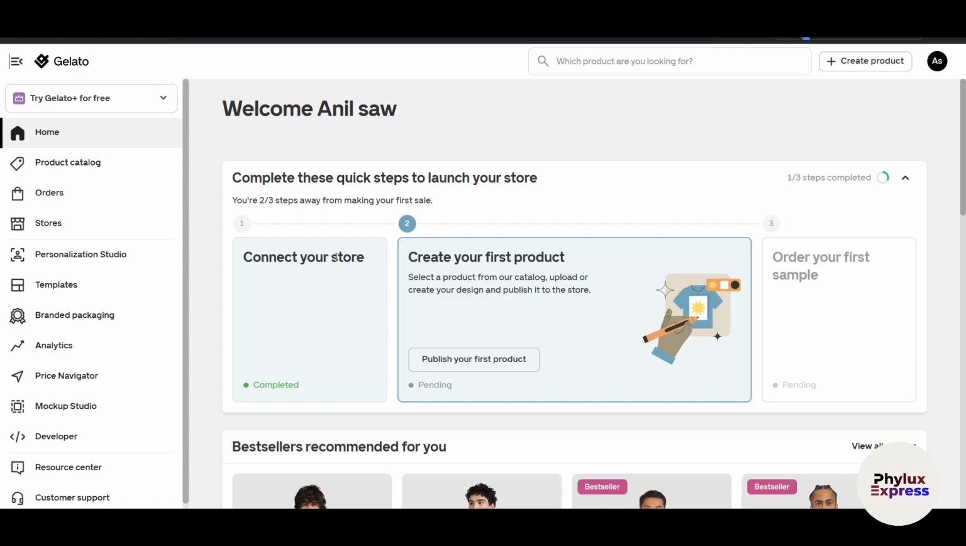So we have already connected our store because we have installed Gelato from the Shopify app store here. So automatically it shows connected. If you logged into Gelato, then you have to connect your store. You simply have to enter your Shopify URL here and it will get connected. Now click on publish your first product, or on the top right corner, you can just click